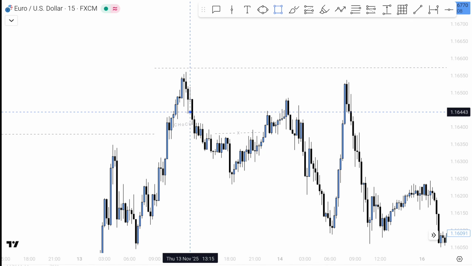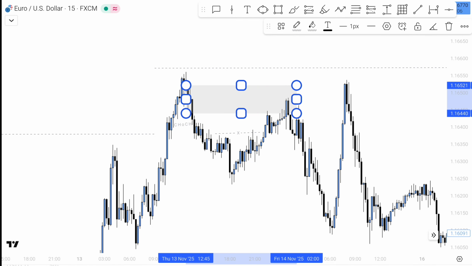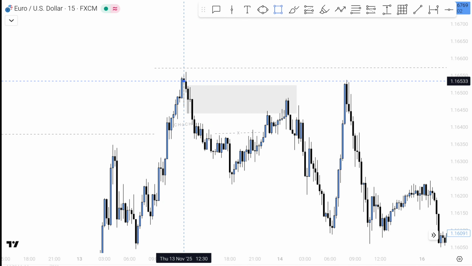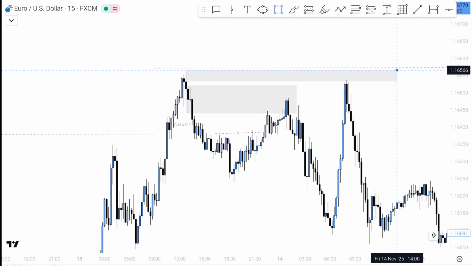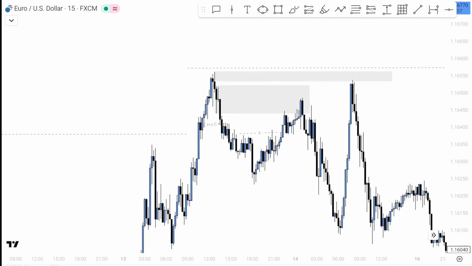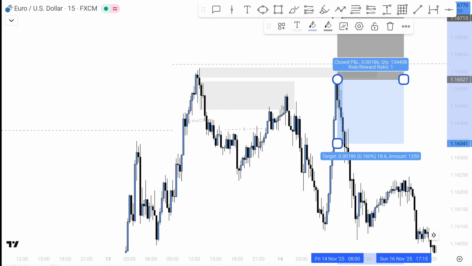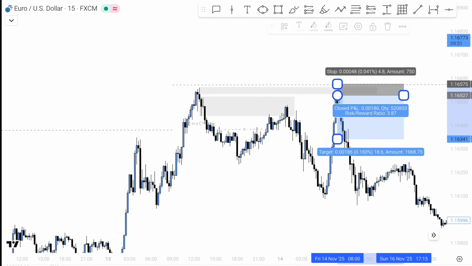Market grabbed the liquidity, and now there are two scenarios. This is the first unmitigated PY. Market tapped on it and moved to the downside, and this is another PY, which is the unmitigated wick. Market also tapped on this point and moved to the downside. Now you can plan your entries based on any PY and put the stop loss just above this point and